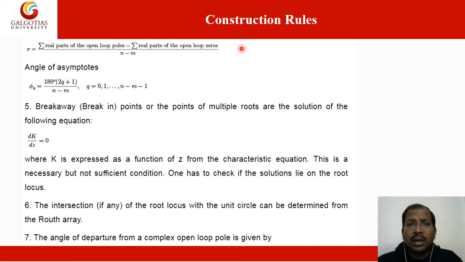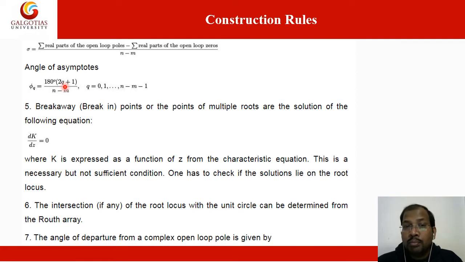This is also the same as the conventional, or continuous, root locus method. Now we come to the angle of asymptotes. The angle of asymptotes means these asymptotes can be measured from the real axis, at phi q equal to 180(2q+1) divided by n minus m, where n minus m is the number of asymptotes, and q is an integer varying from 0, 1, 2, 3, up to n minus m minus 1. You know that these are the angles. The angles are taken positive in the anti-clockwise and negative in the clockwise direction. So this is also the same as before.